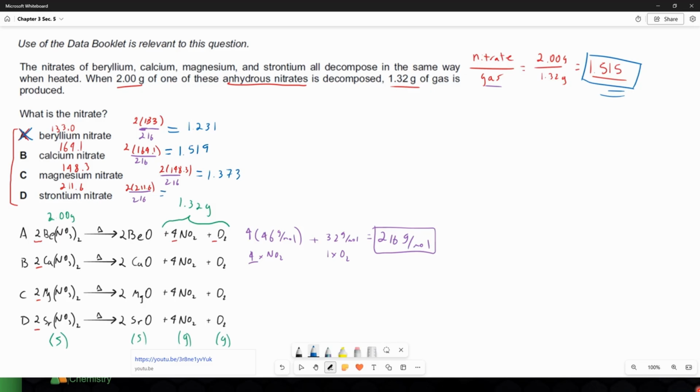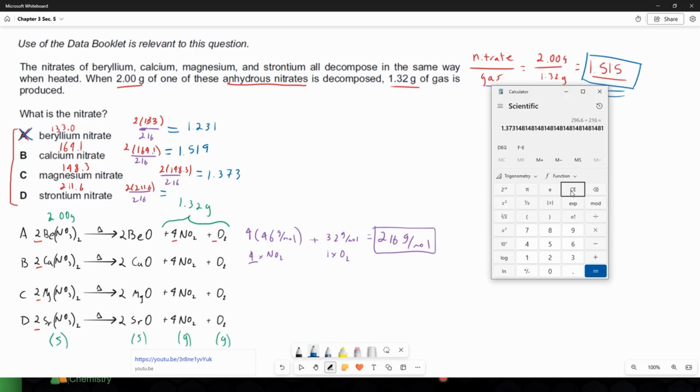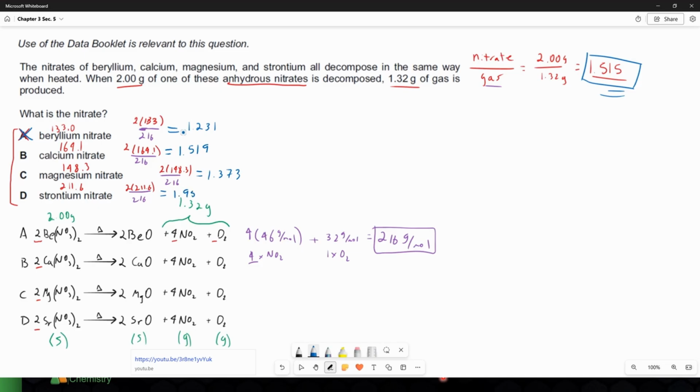And then if we do it for strontium, you can imagine it's even farther because of that 211.6. 211.6 times 2 divided by 216 is 1.959. So you see how only one of these actually gives you a close ratio, which is the calcium